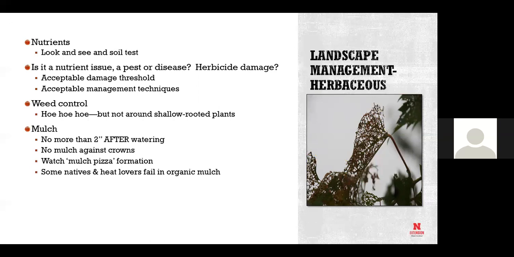Some good landscape beds too, if you design them correctly and you have enough overcover from plant to plant, you're going to be shading that soil. And most weed seeds usually have to have some kind of light for them to germinate. So if you have designed a very good bed and have very good coverage over that whole landscape bed, you're going to have fewer weeds also. But they have to get big enough.